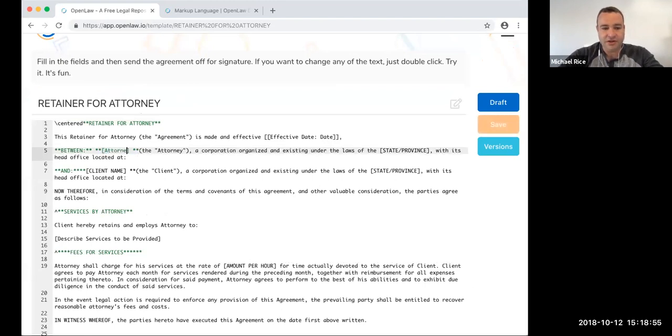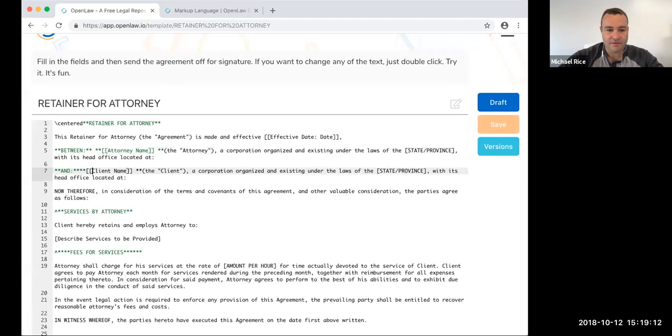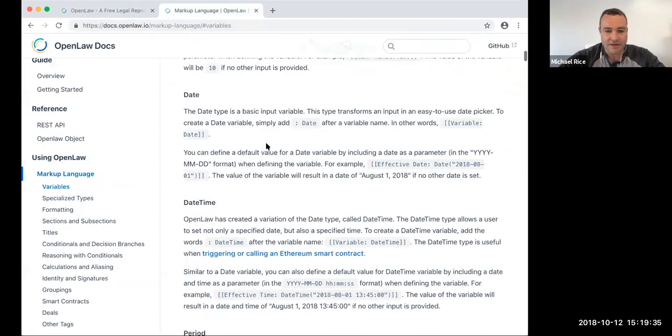Let's change it to attorney name. And the variables, you'll notice, were demarcated with this double bracket. So I'll say client name. Services. And the amount per hour. Now this one's going to be numeric, right? So let's make sure we put in a numeric value so we don't accidentally put in a,